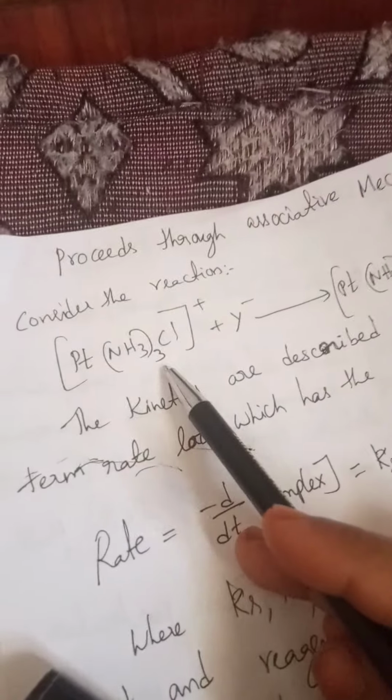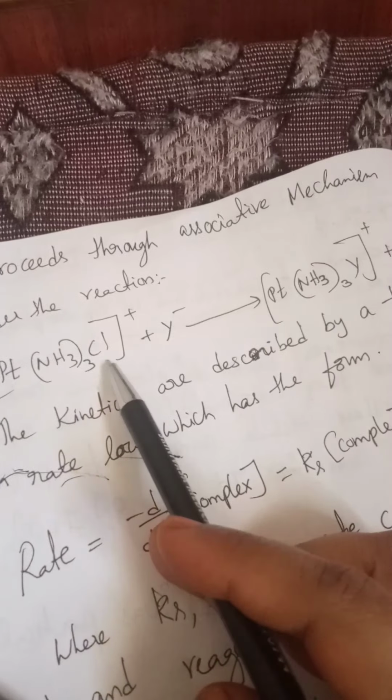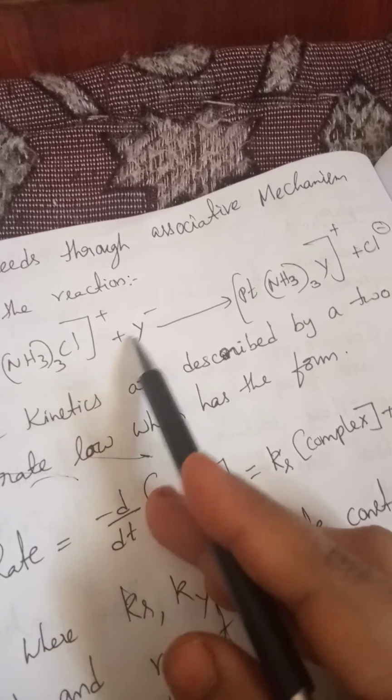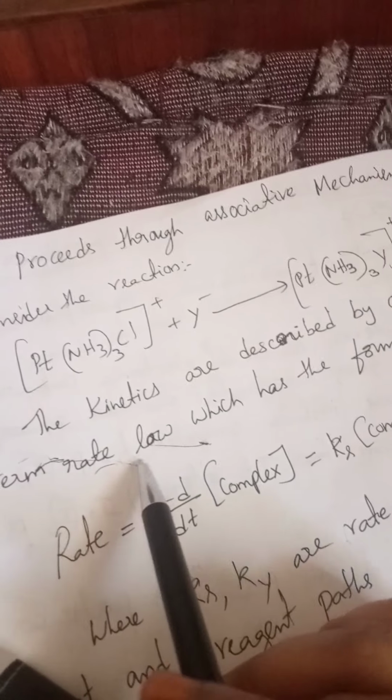Proceeding with the associative mechanism, consider platinum with NH3 taken thrice and chloride. The incoming ligand is Y and the outgoing ligand here is chloride. The incoming ligand moves from the outer sphere to the inner sphere, and the chloride moves from the inner sphere to the outer sphere. The kinetics is described by a two-term rate law, which has the form: